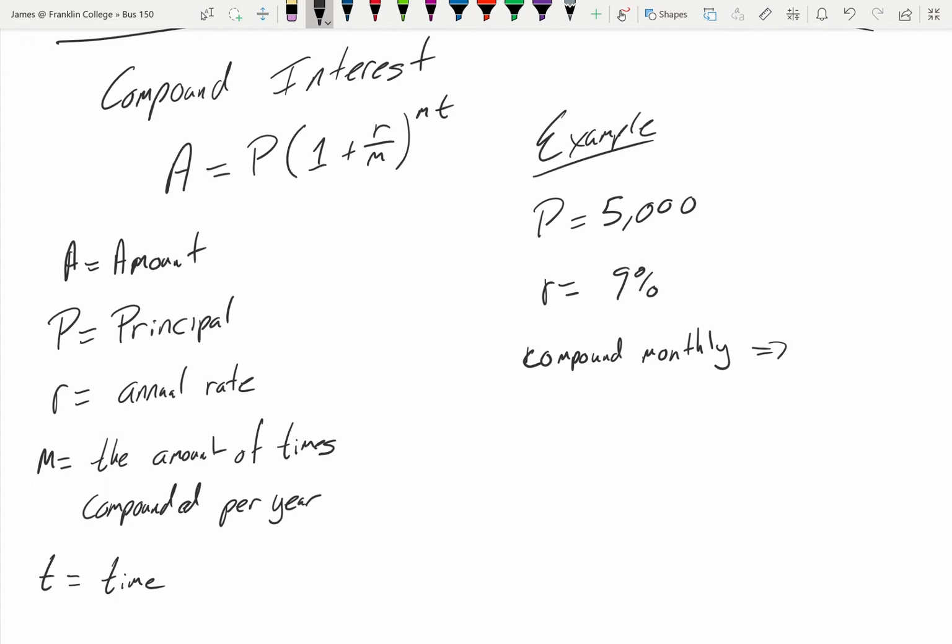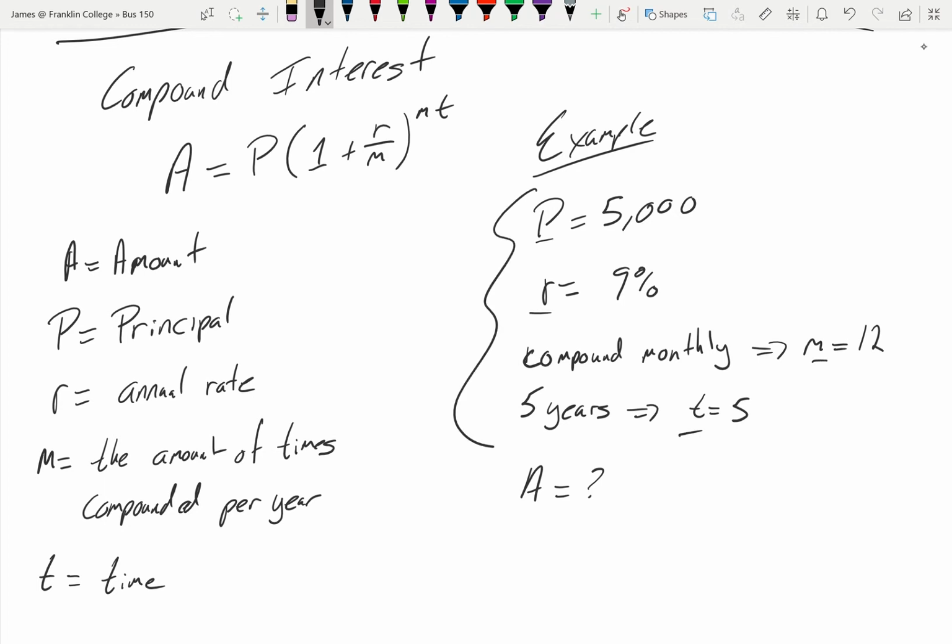So given that it compounds monthly, that tells us that M equals 12. And then we are going to make an investment for 5 years. So that way we know that time equals 5. And once again, we want to know how much is going to be in the account at the end of 5 years. So we're going to take this information about P, R, M, and T